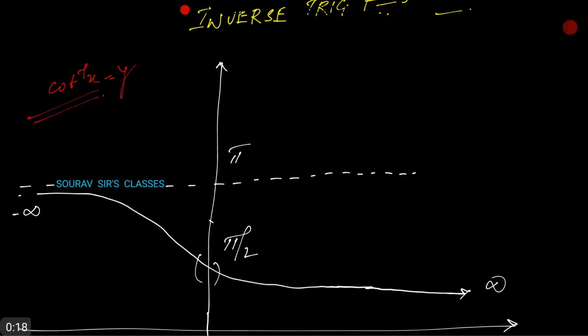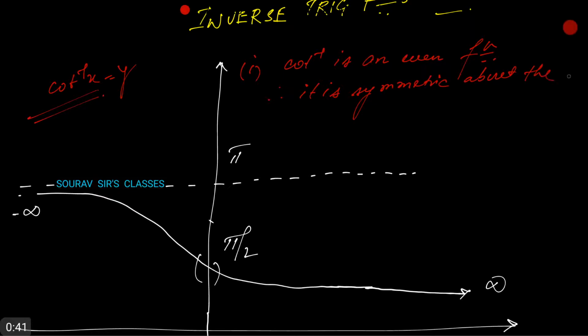Alright, so this is cot inverse x. This is point number 1: cot inverse x is an even function, therefore it is symmetric about the y-axis. Okay. Point number 2 is the domain and range as before, so it is defined